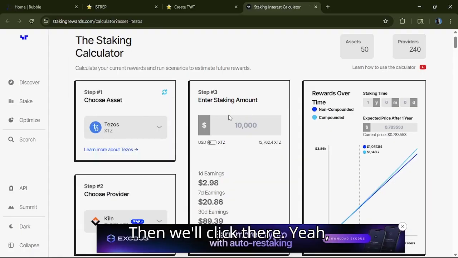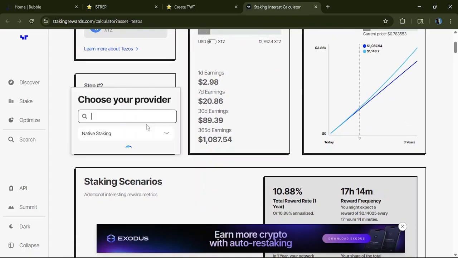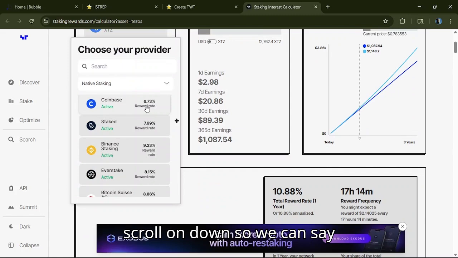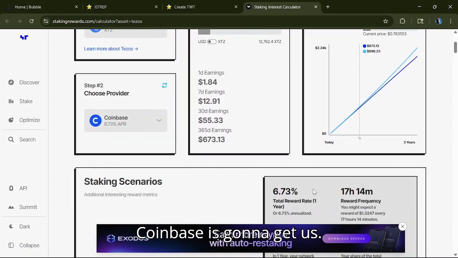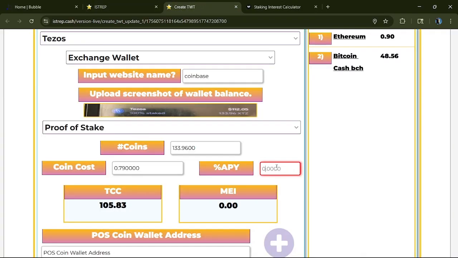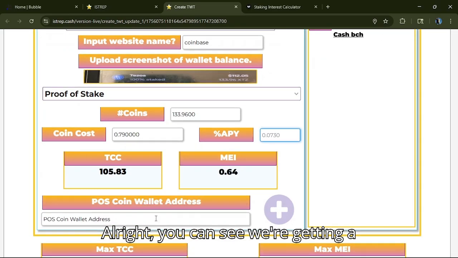Then we'll click there, yeah. And remember, you come in here and you scroll on down. So we can say Coinbase is going to get us 0.073. All right, you can see we're getting a little bit for that,